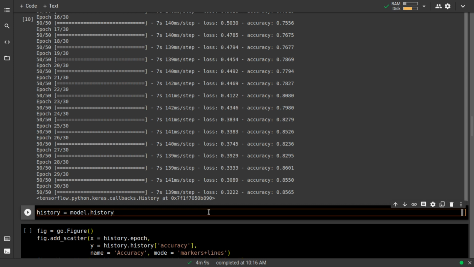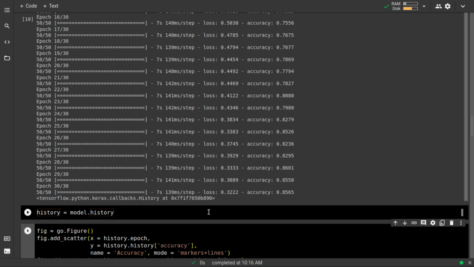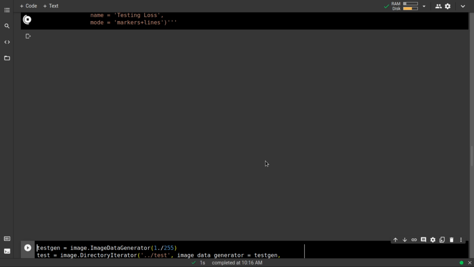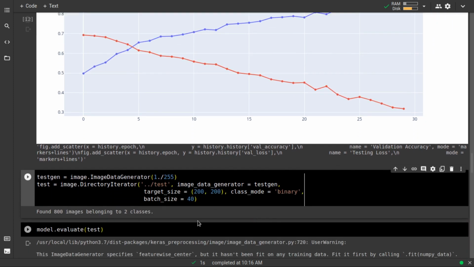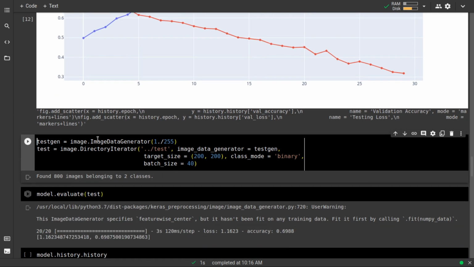We don't have testing loss or testing accuracy for this example, but this should be the regular practice. You should plot them so that you know there is no overfitting as such. And if you see any overfitting, then you should address that by modifying your data or including data augmentation or other techniques to reduce it. All right, so we don't need to do this one. Okay, so you don't need to do this one.